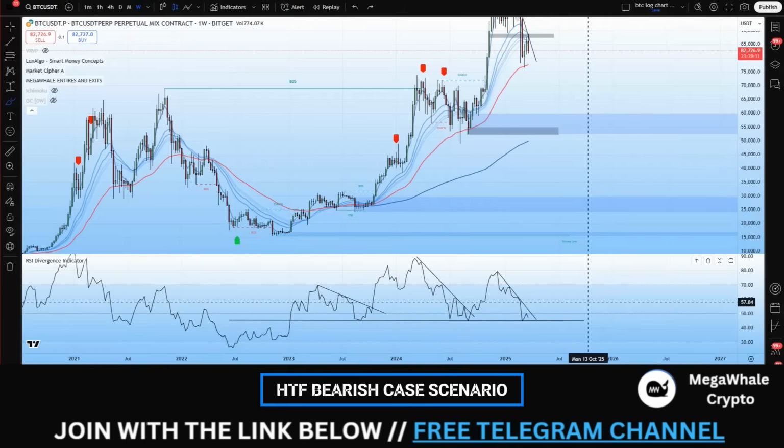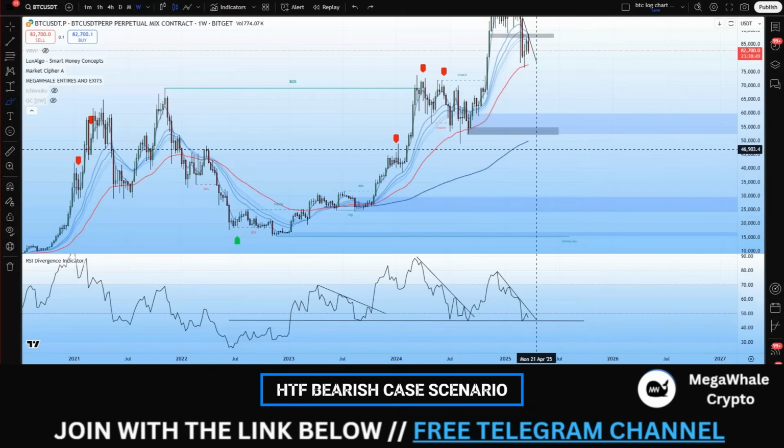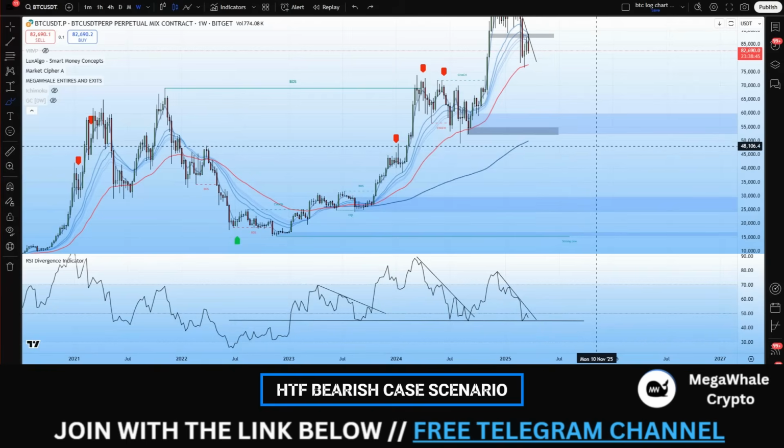I think people associate the word bull market with the 4-year cycle. So will we see a bear market in association with the traditional sense of a 4-year cycle? No. But will we see a macro downtrend which could be identified or defined as a bear market? Yes. From a traditional sense, a bear market will be 20% down from its highs, so we could define it as that, but it doesn't really matter how we define things, it's just words. What matters is the meaning behind these and what consequences these occurrences have on the charts and